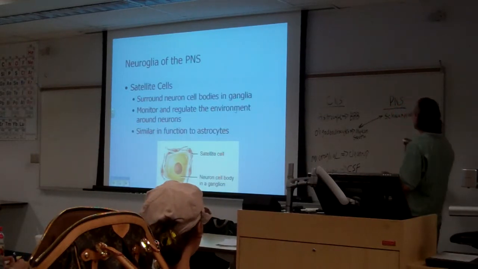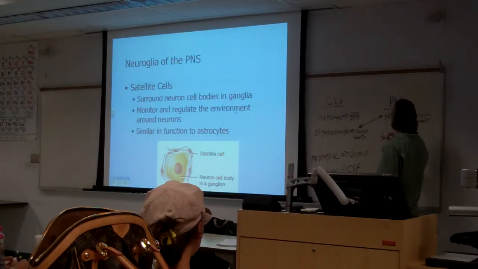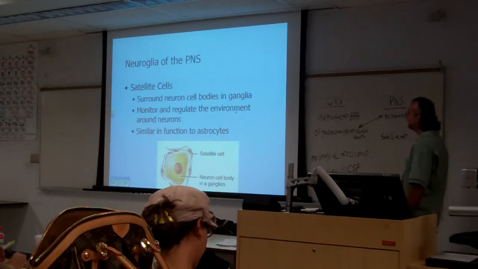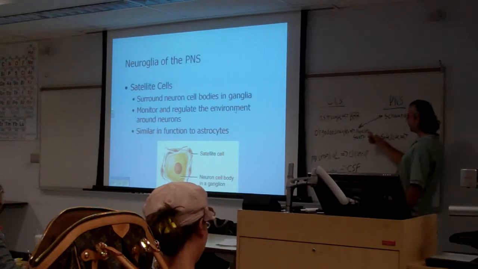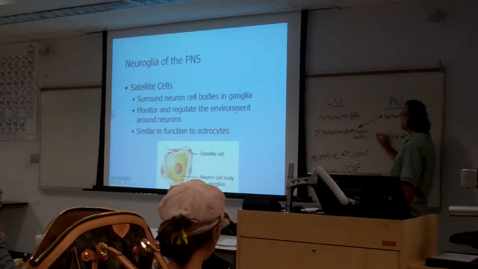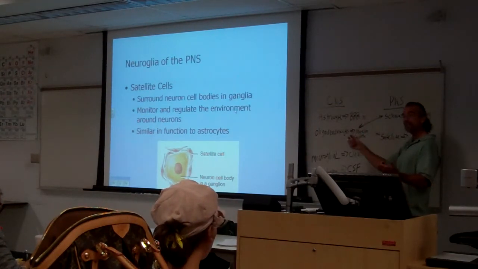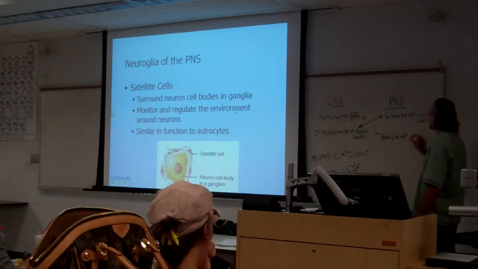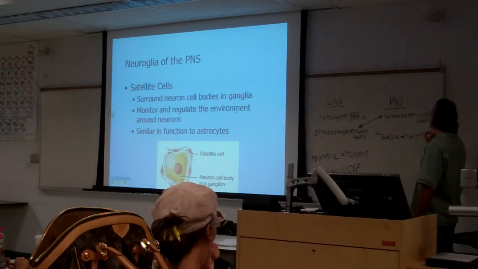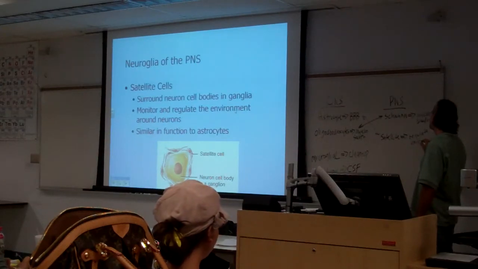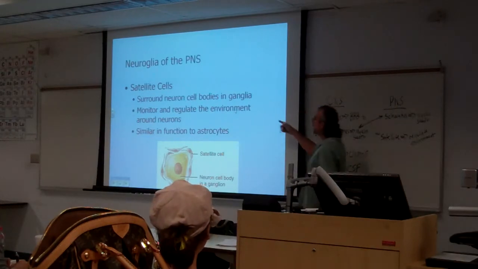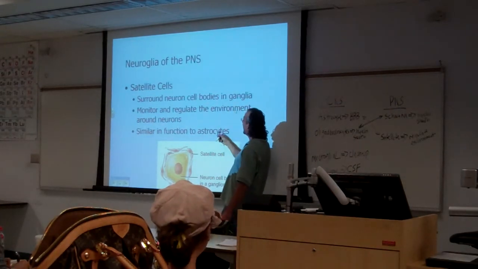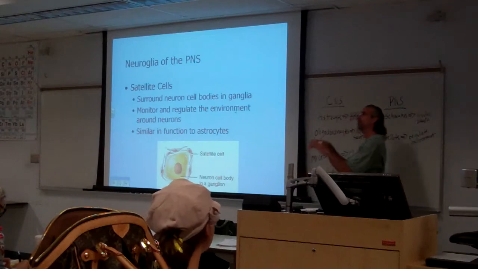What about satellite cells? That's my second one. It's actually the last one too. It says similar in function to the astrocytes. Well, my astrocytes have the blood-brain barrier. It sort of does the same thing. It helps to regulate the environment, if you will. So we're down here: regulate environment. So that's what I got. Yeah, it monitors and regulates the environment, similar to the astrocytes, has the blood-brain barrier, and also does some other maintenance things